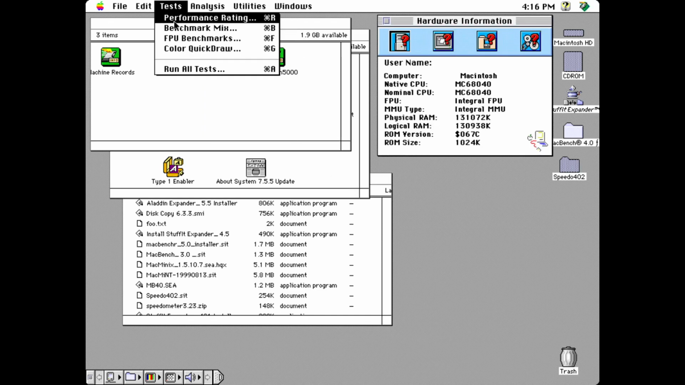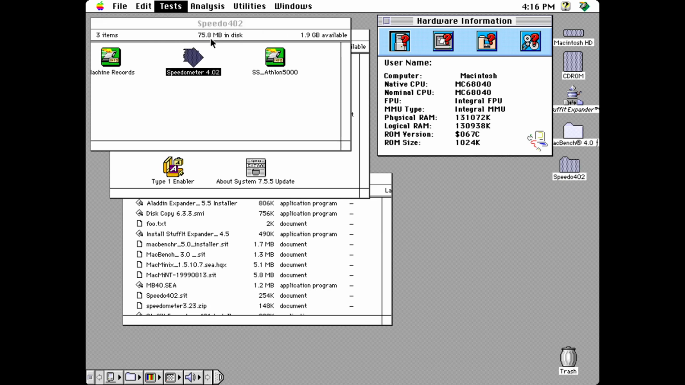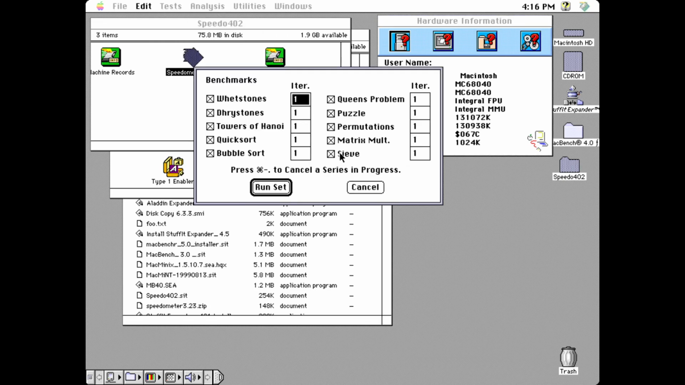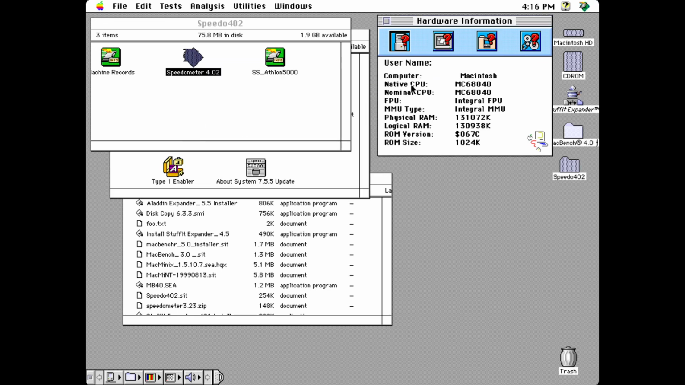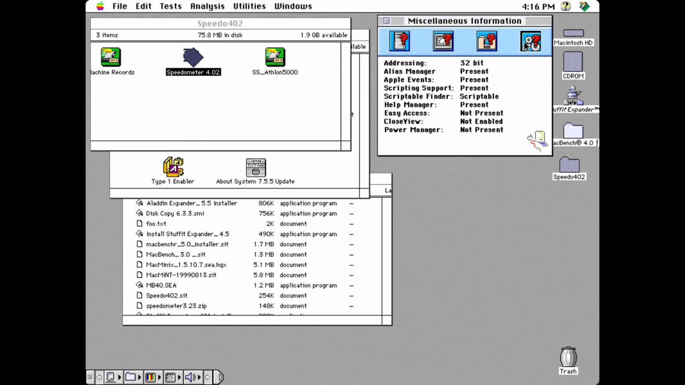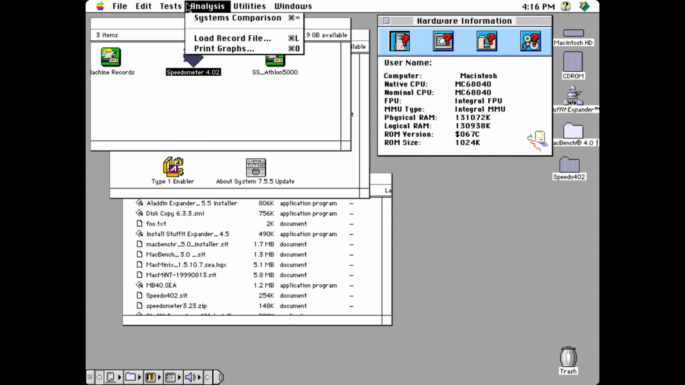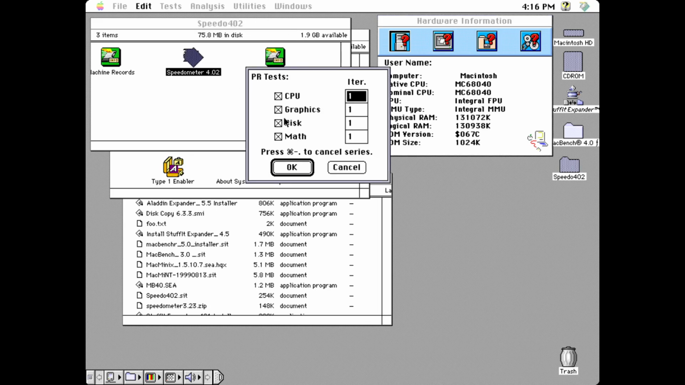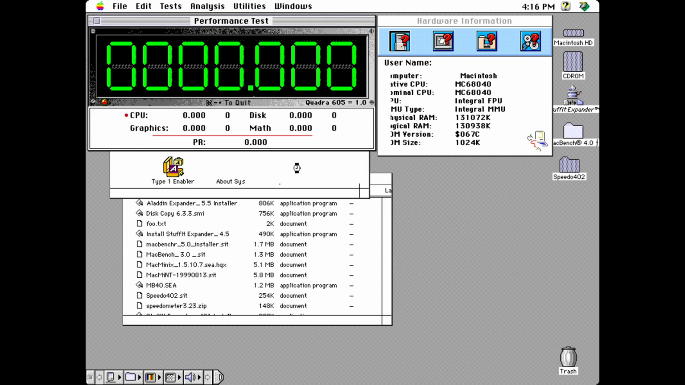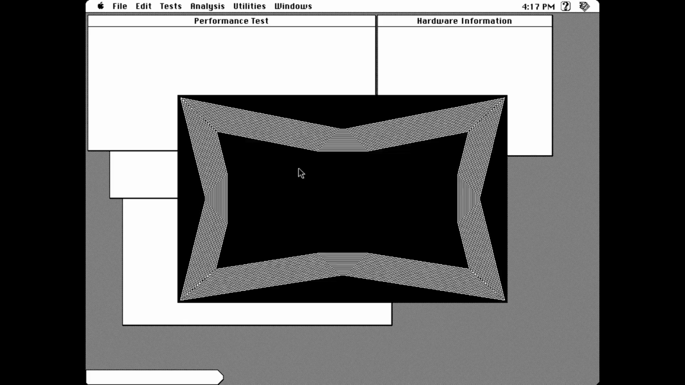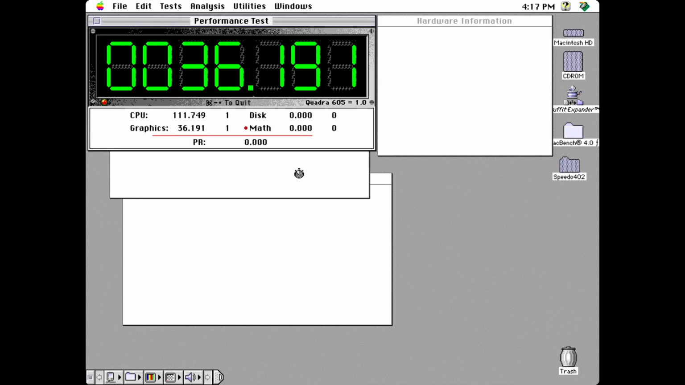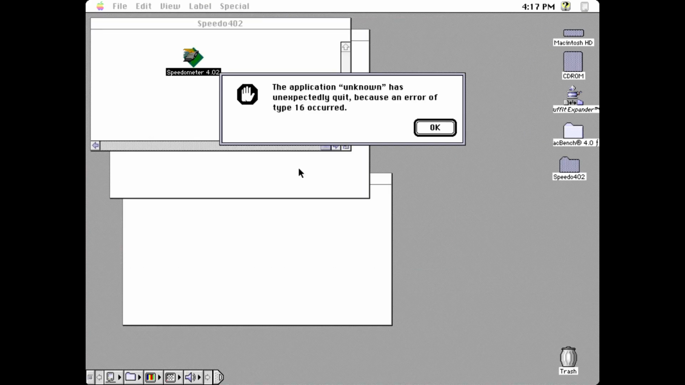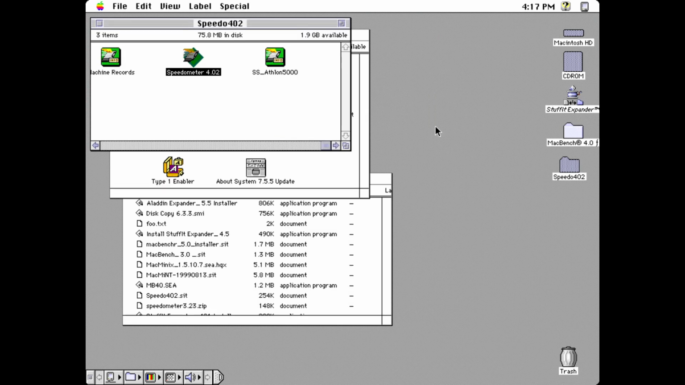So let's just run everything but the disk. How do I run everything but the disk? Okay, not disk here. No, mathematics was the problem. Well,